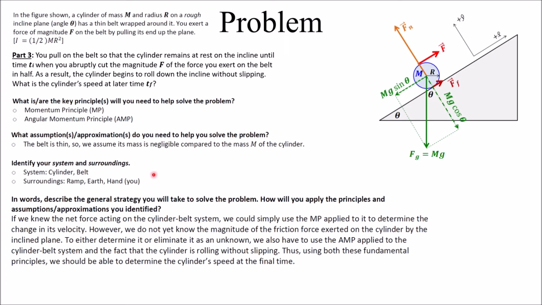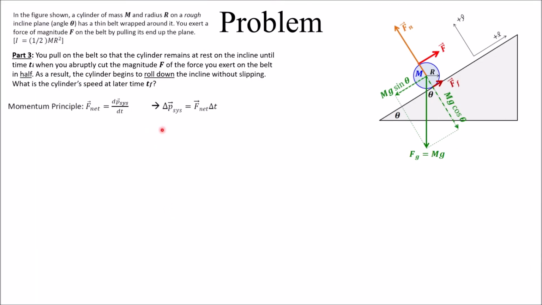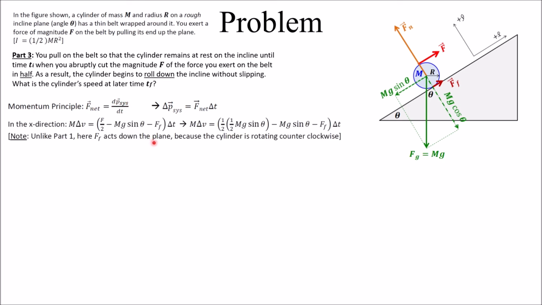And what we want to do is figure out what the cylinder's speed is at some later time tf. And so we'll see how that plays out here for part 3. We're using the momentum principle, which basically says that the net force is change in momentum over change in time. And we're going to look in the x direction here, and our mass times our change in velocity here is going to be equal to